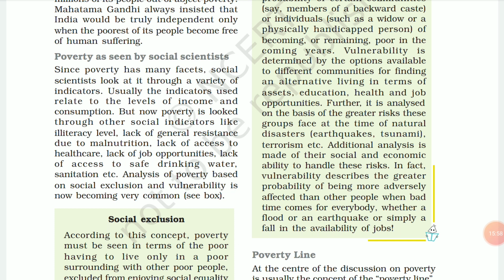So the social scientists see poverty as something where, even if people have food, shelter, and clothes, if they are illiterate, they are seen as being a part of poverty. So poverty is the moving target when people do not have safe drinking water, if they do not have proper health care, if they cannot access the healthcare facilities that are started by the government, if they have lack of literacy, all this, and apart from that, social exclusion also. Vulnerability is becoming very common.